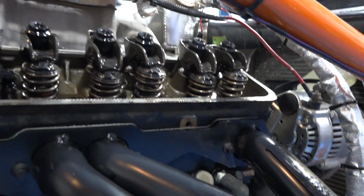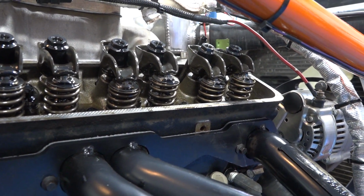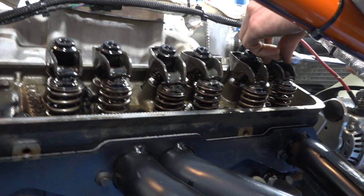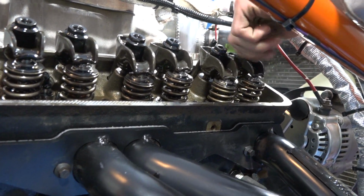So when you hear somebody breaking a push rod, what that does is that prevents the rocker arm from moving up and down, and then basically you lose the cylinder at that point, right, Tyler? Yes. So he's going to show us what he does here. All right, so now he'll pull out